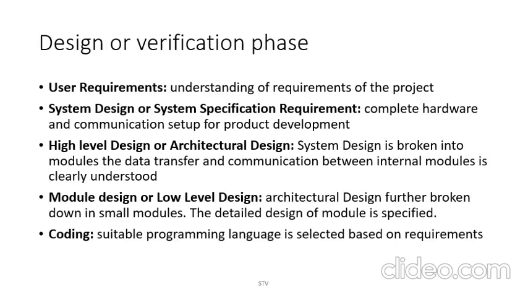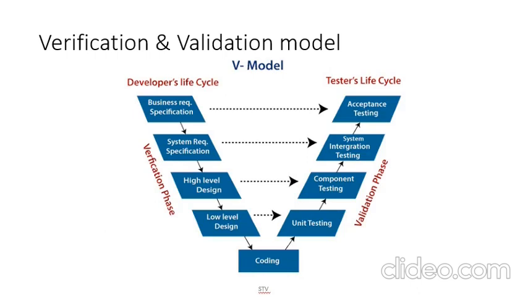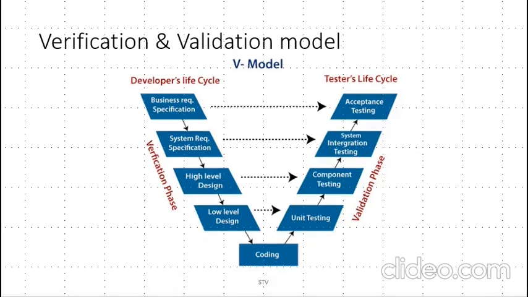So the V-Model is a verification and validation model. The model has different activities in levels. The first level has user requirements or business requirement specifications. Next level, system design, system requirement specifications. Next, high level design or architectural design, low level design and module design. Corresponding to all these levels we have testing plans.